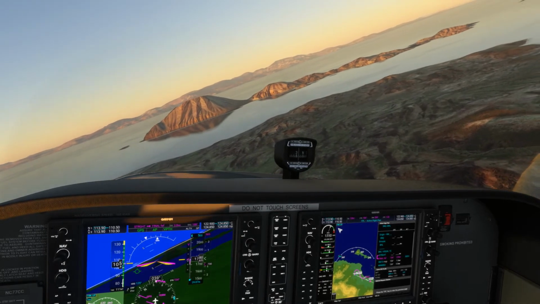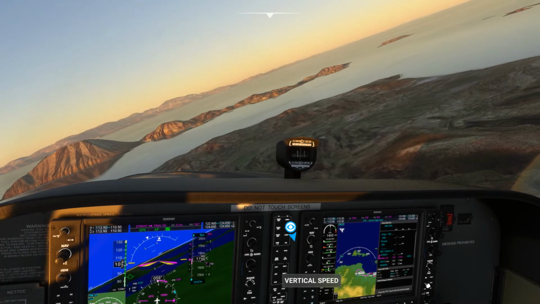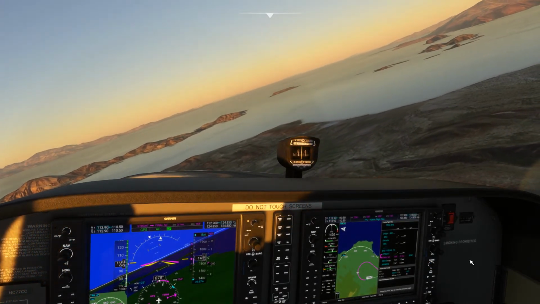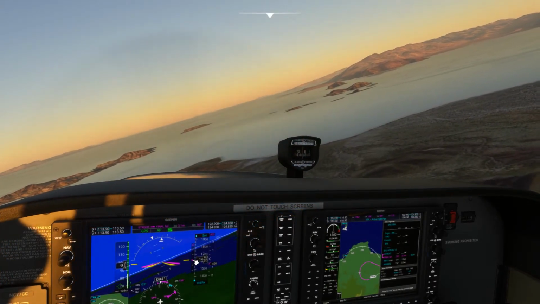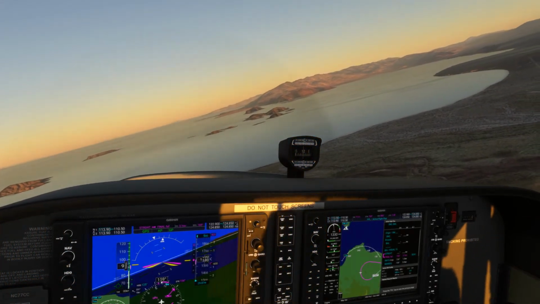I'm going to go ahead and back off on the power even more now. We'll zoom in a little bit now on our map. And now you can see our glide path is active. So we are now following our glide path.